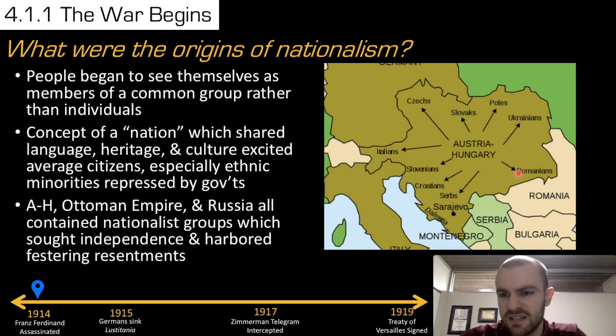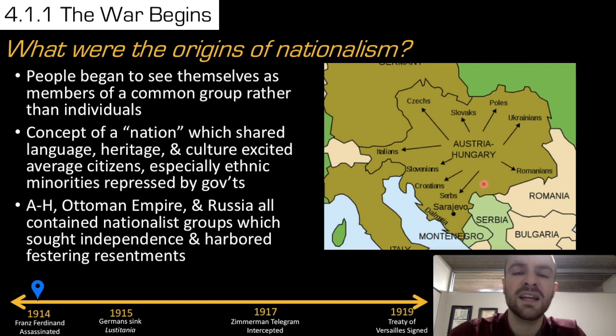You can see this on the map where you have Romanians over in southeast Hungary, you have Ukrainians in northeast Austria-Hungary, Poles, Slovaks, Czechs, Italians, Slovenians, Croatians, Serbs, and all of these different ethnic groups began to feel a lot